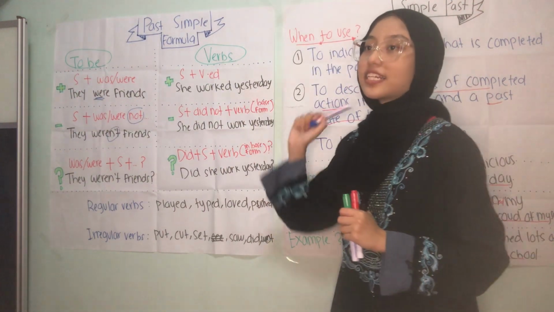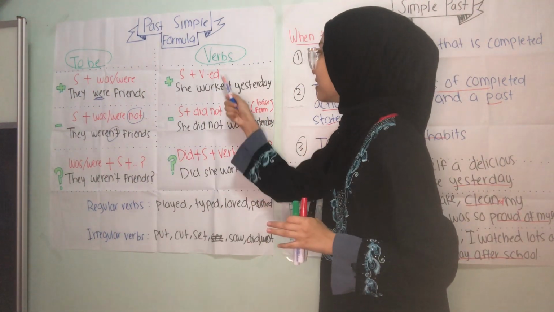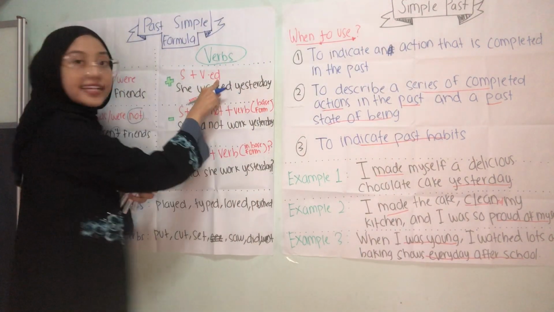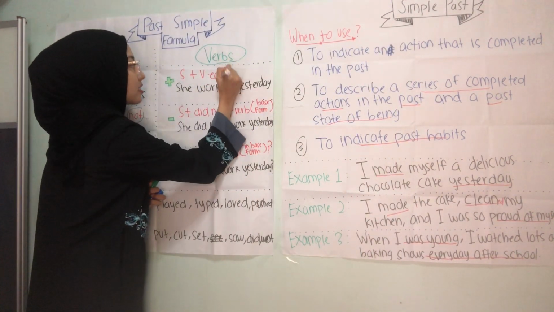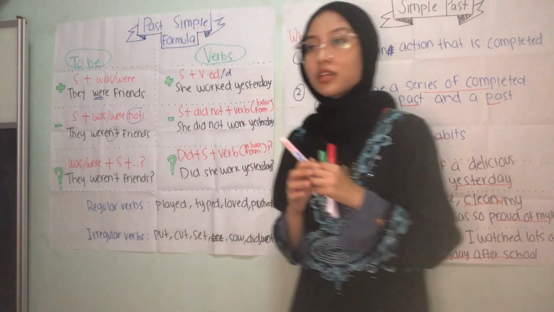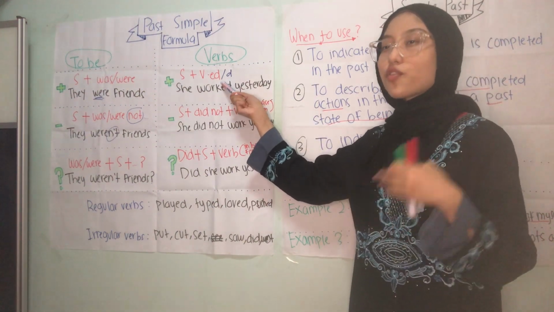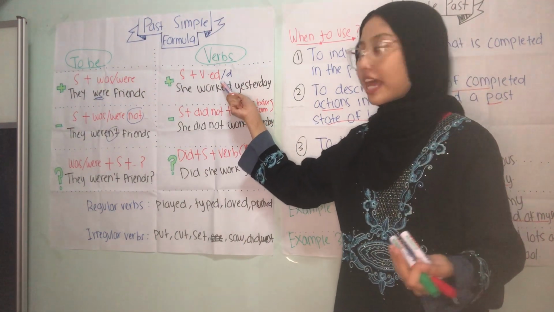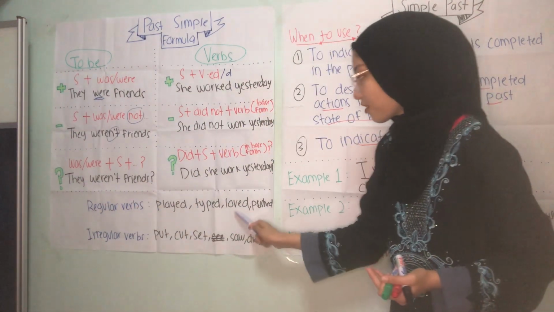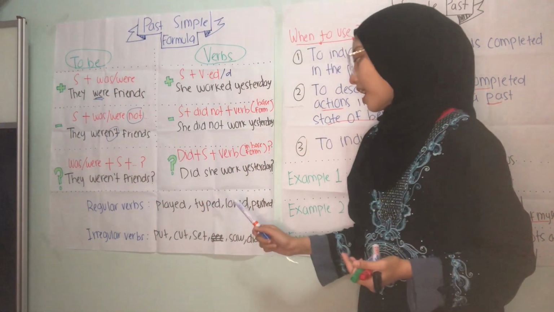We need to add ed to the root form of the verb, or just simply d alone. Okay, let me write here: ed or d. We only add d if the root form ends in an e. Like for example, let's take a look over here. Can you see over here? Yes. For example, the word